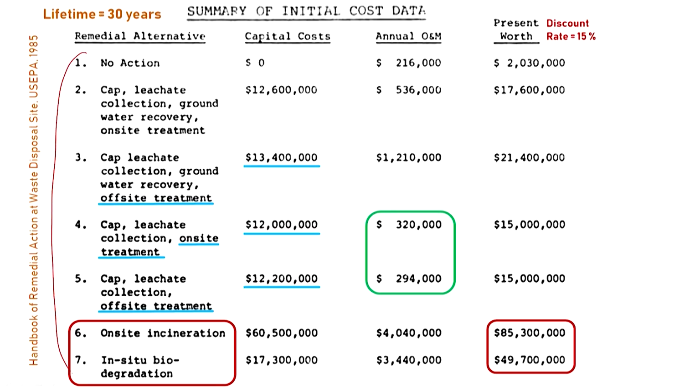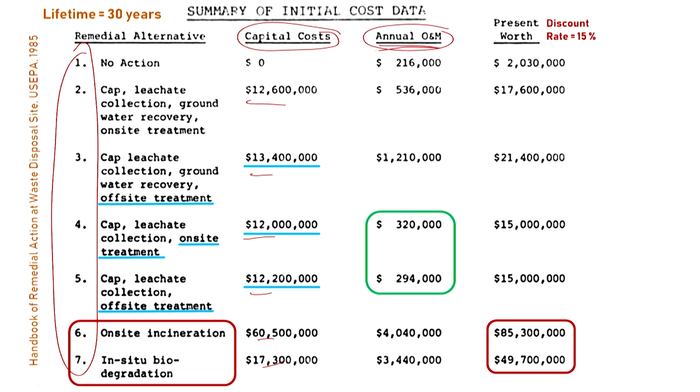And here, based upon the 7 alternatives that are further chosen, they look at capital costs, annual operation and maintenance costs, and present worth. That is something you are not going to look at. So obviously capital costs are relatively comparable for most of these particular alternatives, as you see.